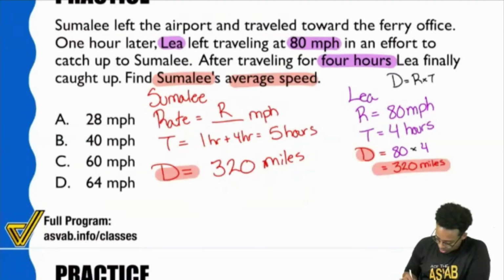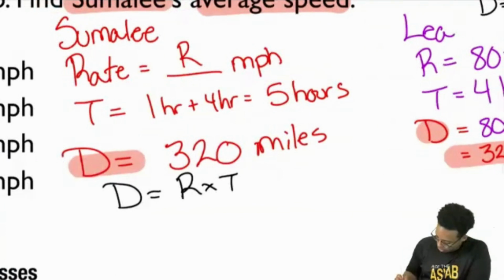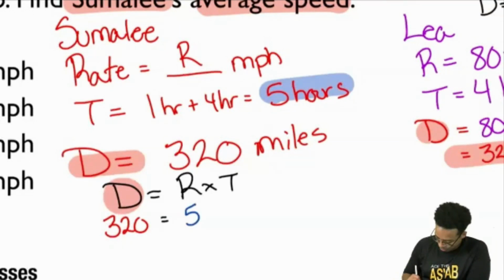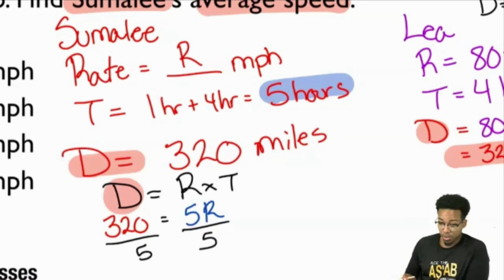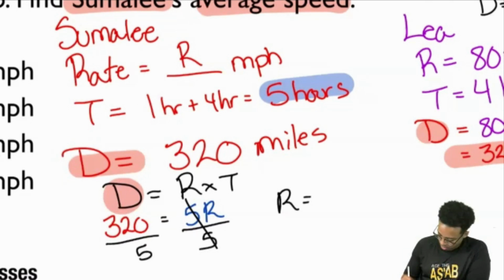And so now we're good to go. Now we can say that we got our distance, rate, and time. And now we can be done. D equals R times T. Plug in 320 for the distance. Plug in the 5 hours for time. And so that'll just be 5 times R. And so the last thing that you'll do is divide both sides by 5, and you're good. Cancel that out, and then you do your long division.